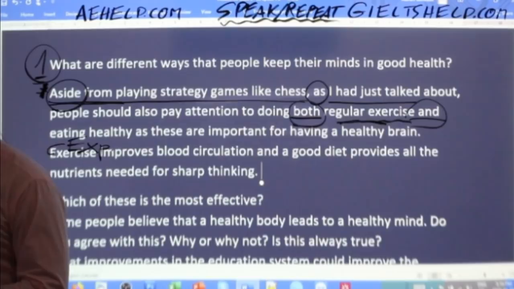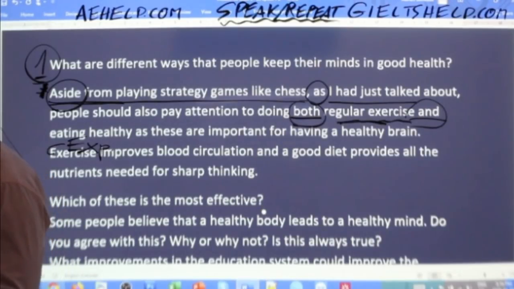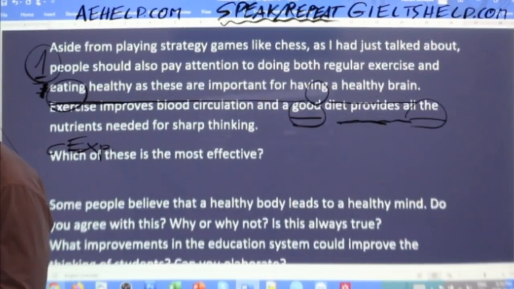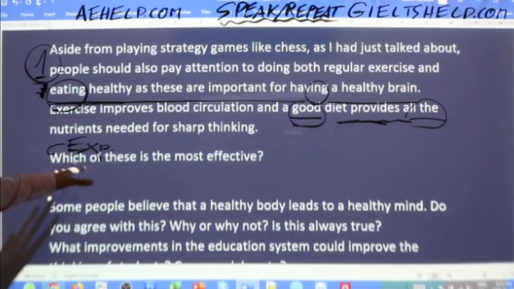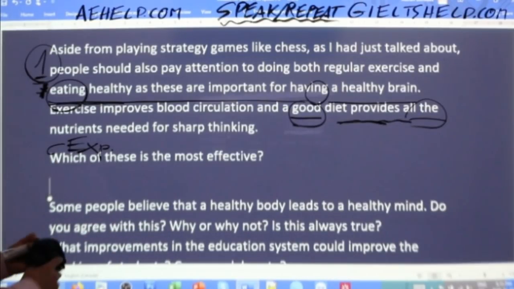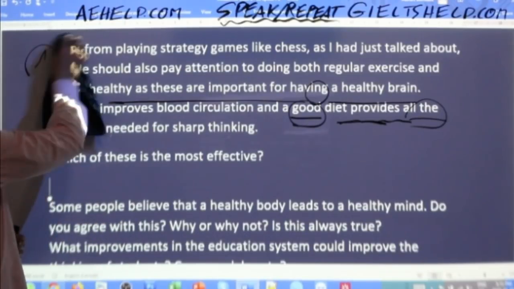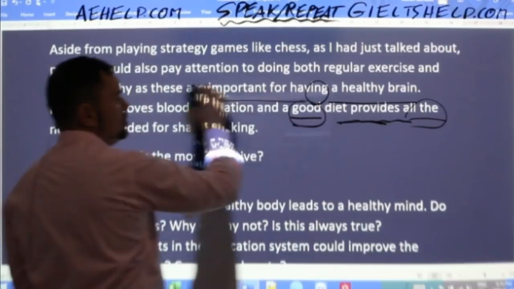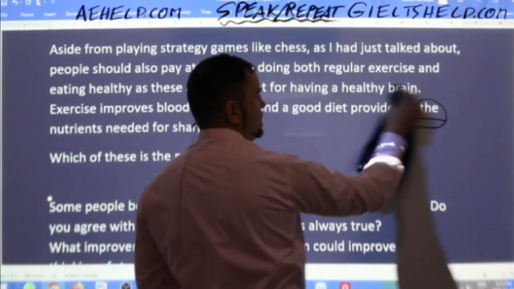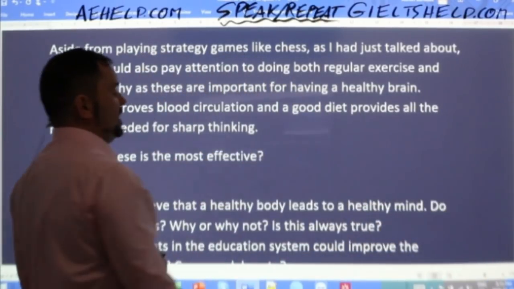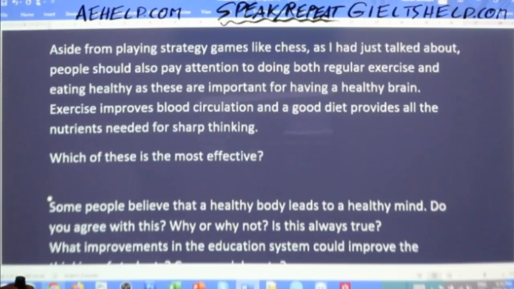Now, comes the follow-up question. Which of these is most effective? So in part 3, your examiner will definitely be asking you some details and follow-up questions to your answers, so be ready to go into more details and provide more explanations. So now